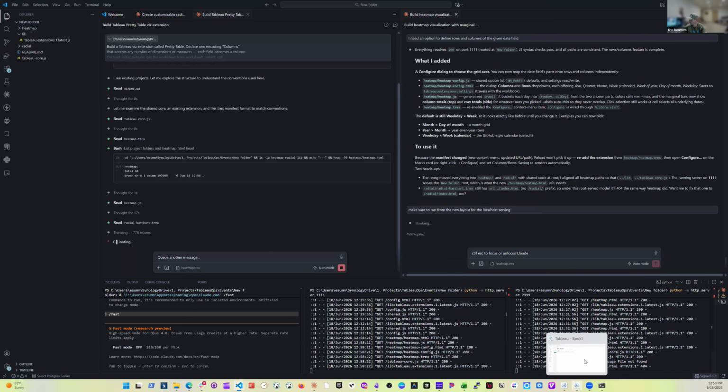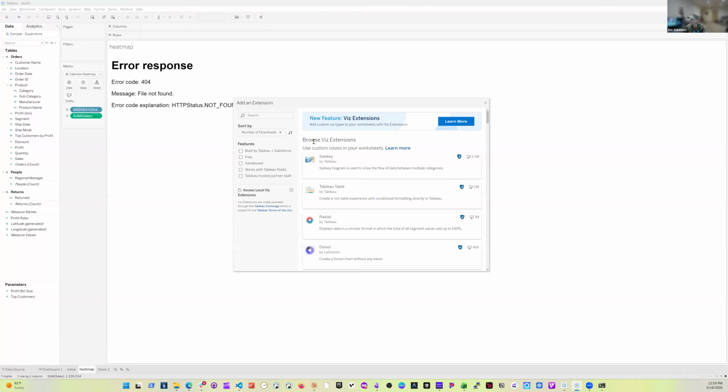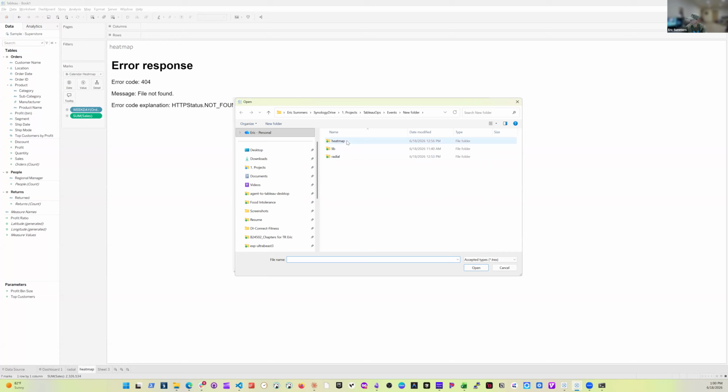That was my bad. Since the port changed, I do need to do a full reload. I'm going to access the local viz again, and this time, yeah, this one's the heat map,